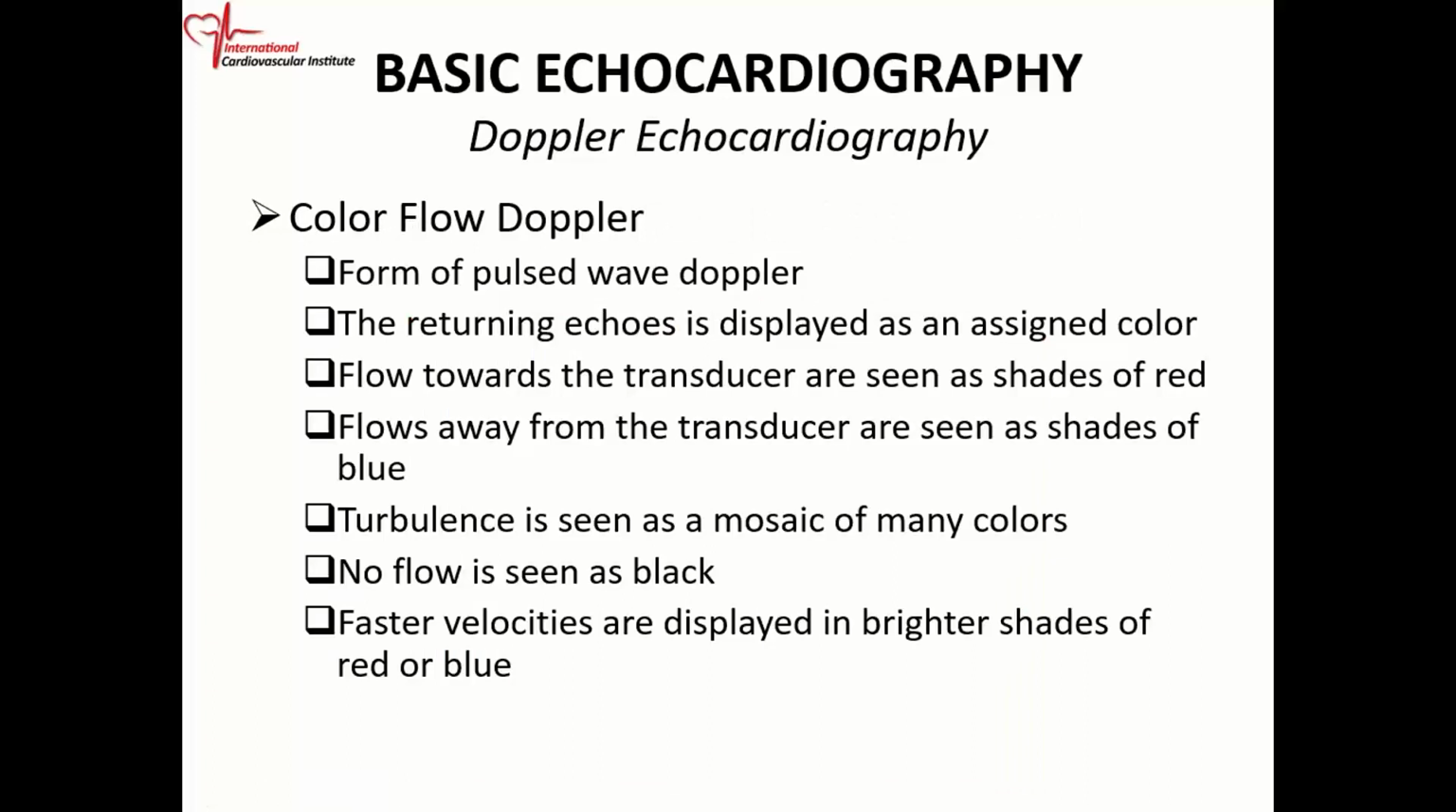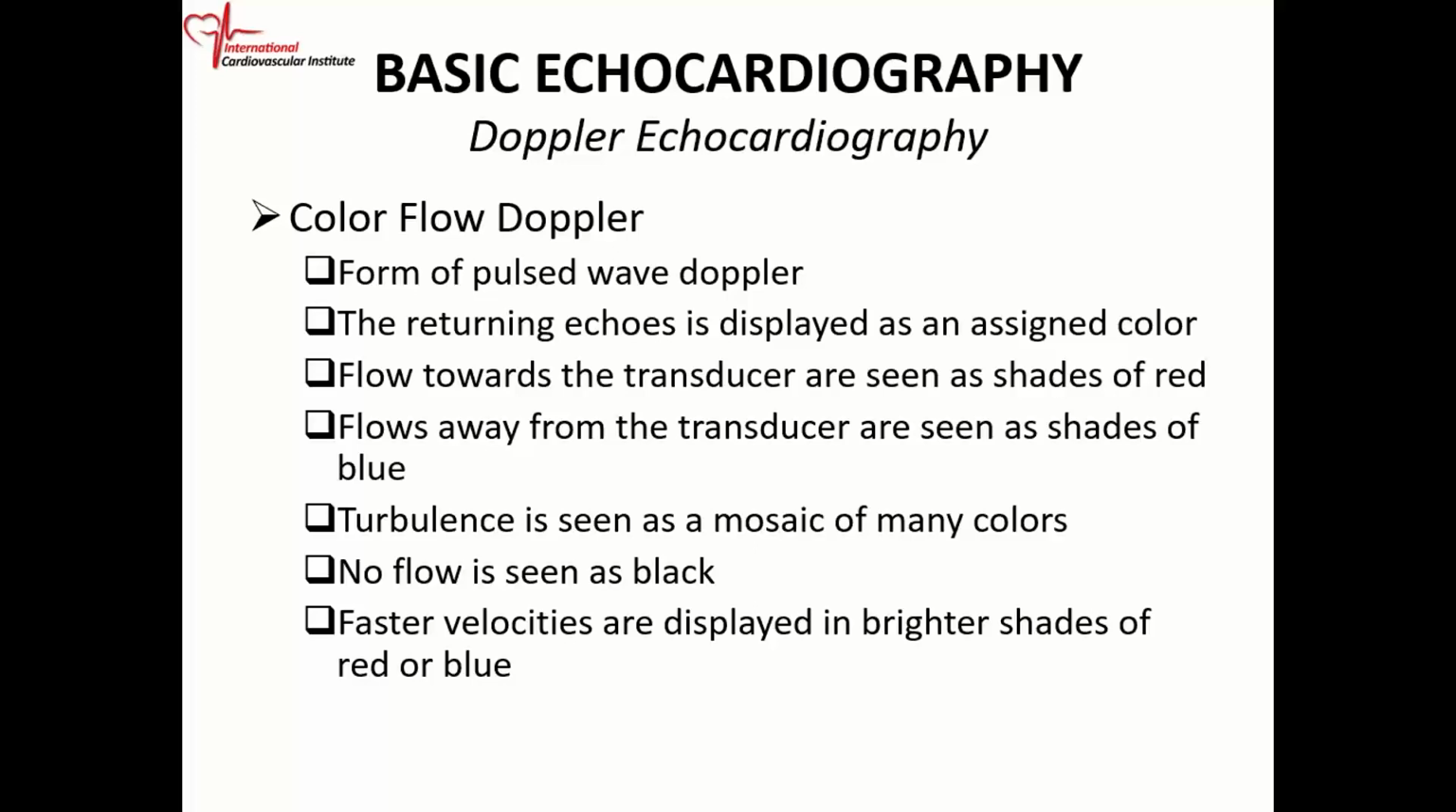Now, when we look at echoes, you see color going all over the place, and it must be confusing until you understand what's happening. So color flow Doppler is a form of pulse wave Doppler. So that's the first thing. Your color flow Doppler, the beautiful color that we put on when we look at our echoes, is a form of pulse wave Doppler. And what we mean by that is it can only measure low velocity flow. But there's some standardization that you need